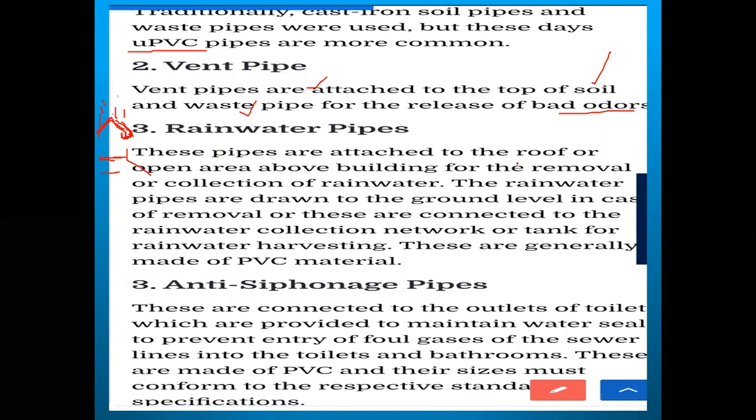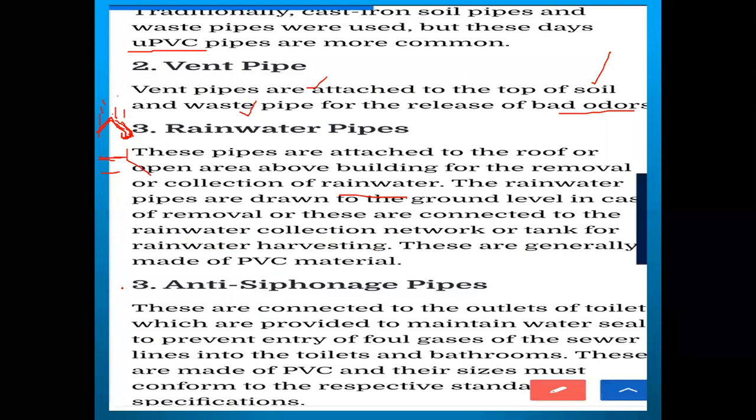So these pipes are attached to the roof or open area above the building for the removal of collected rainwater, right? The rainwater pipes are drawn to the ground level in case of removal, or these are connected to the rainwater collection network or tank for rainwater harvesting. These are generally made up of PVC material, polyvinyl chloride. These are connected to the ground level for carrying storm water or rainwater or whatever wastage is on the top of your roof. It is collected on the ground for rainwater harvesting, or it flows directly to the soil. In some places we send the waste water outside, in some cases we send it for rainwater harvesting. After rainwater is harvested, again we can send this water to our tank for use